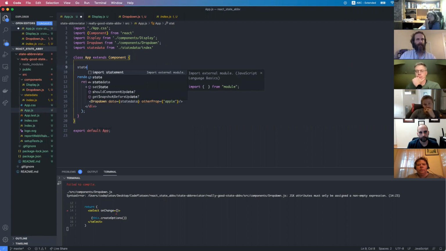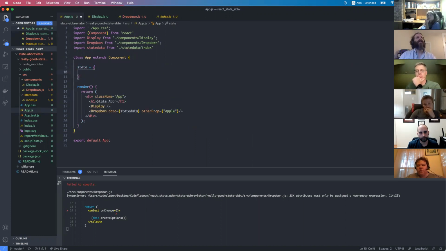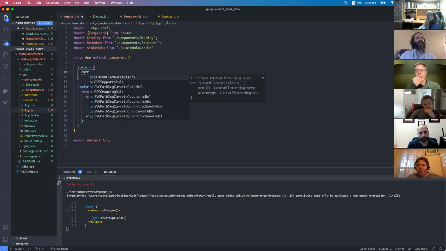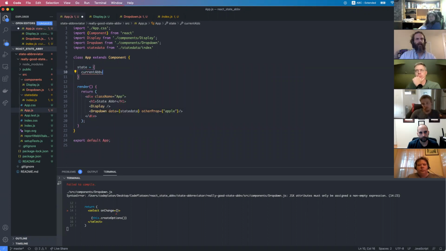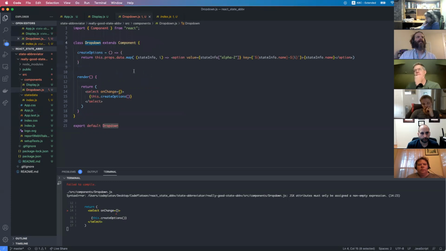So state, and let's do, so the initial value, we can do whatever we want. I'll just do something like, ultimately this will end up being an abbreviation. So we have state here, and if we look at the drop down,